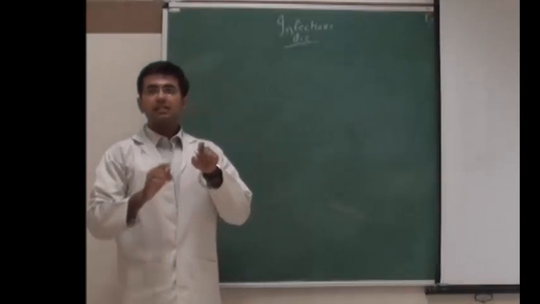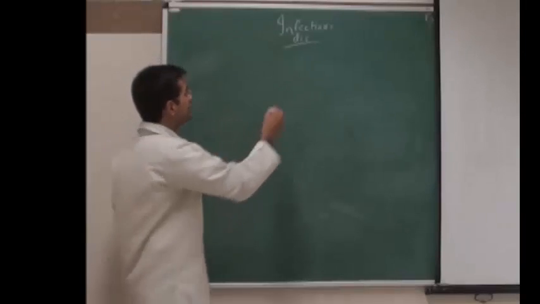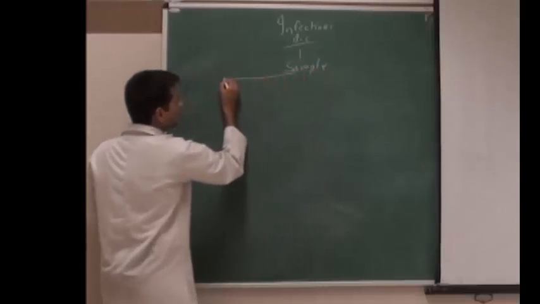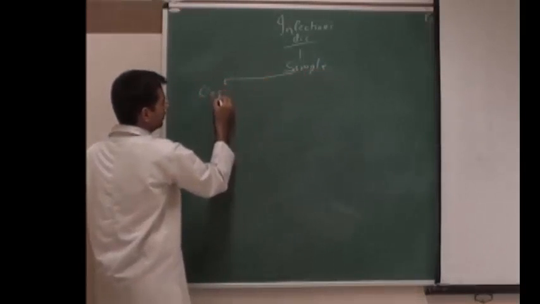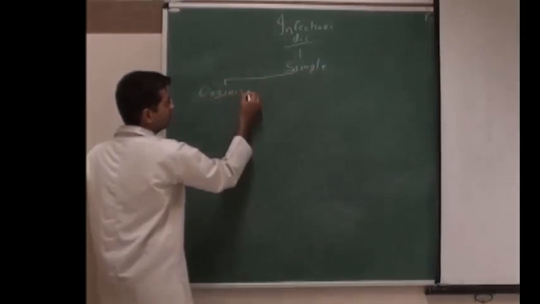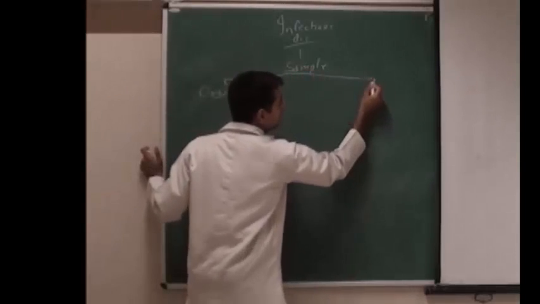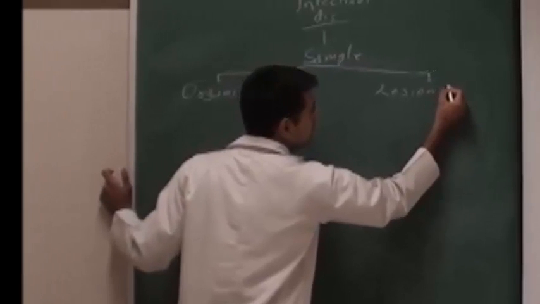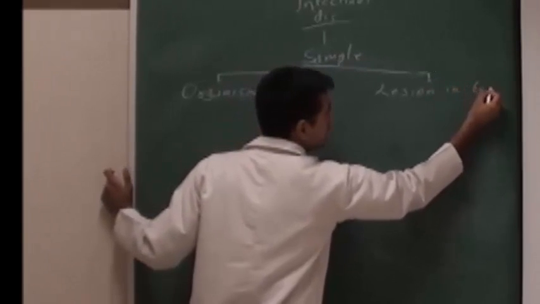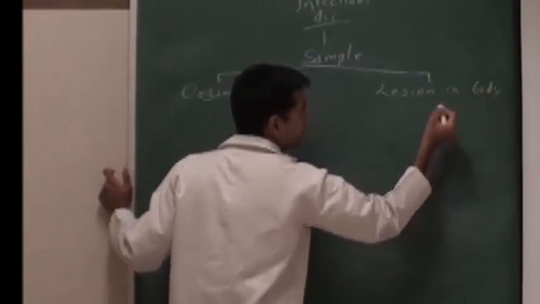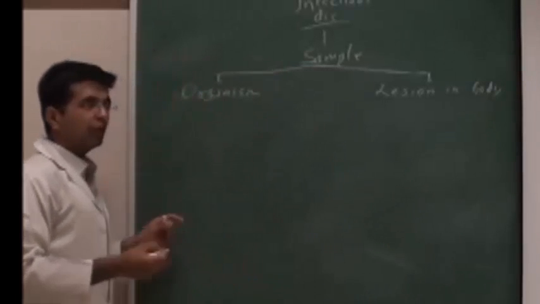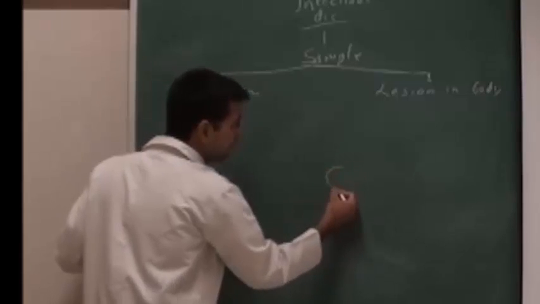Now, this sample can, in the beginning, be divided into two categories. Sample for demonstration of the organism or its properties. Another would be sample for demonstration of the lesion created by the organism in the body. Okay. Then, for the organism, now we know that for every organism,